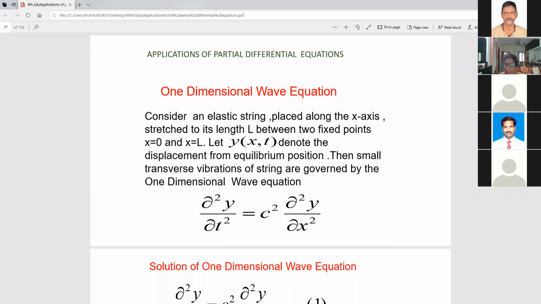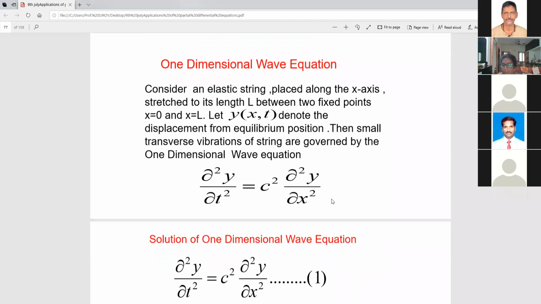But here I have picked up our own syllabus. Immediately after having PDEs, I think all of us are having applications also. We teach for engineering students. So a very useful one is the wave equation. We all know derivatives and all. Of course, we'll be finding the derivation of the wave equation.